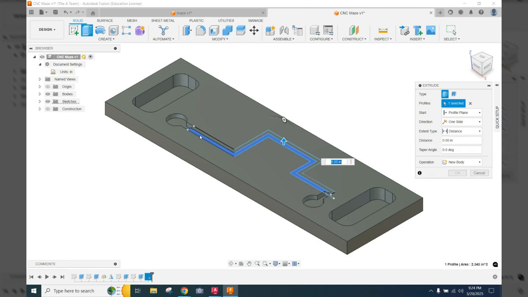And you probably guessed what we're going to do here. We're going to pick these paths, and we want to extrude them as a cut. Right, distance of minus 0.25. All right,